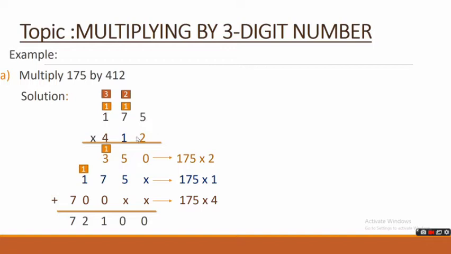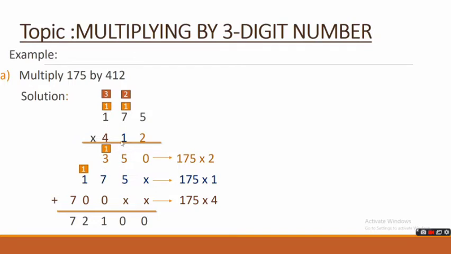So let's start. 2 5s are 10, 0 here down and 1 will be carried in the tens column. Then multiply 2 with 7, so 2 7s are 14, 14 plus 1 becomes 15, 5 here down and 1 will be carried in the hundreds column. Then 2 1s are 2, 2 plus 1 becomes 3. So by multiplying 2 with 175 we get the answer 350.